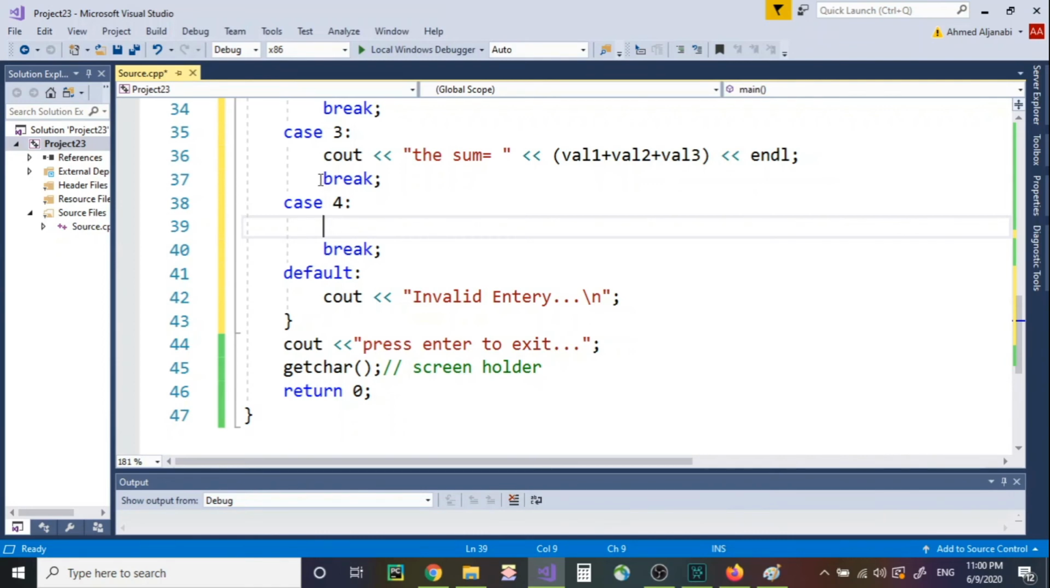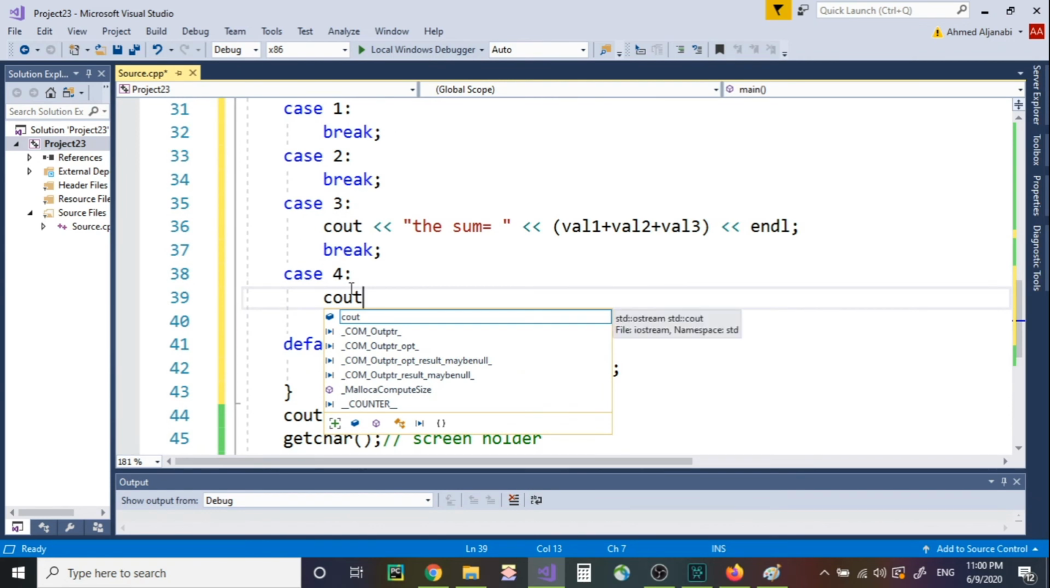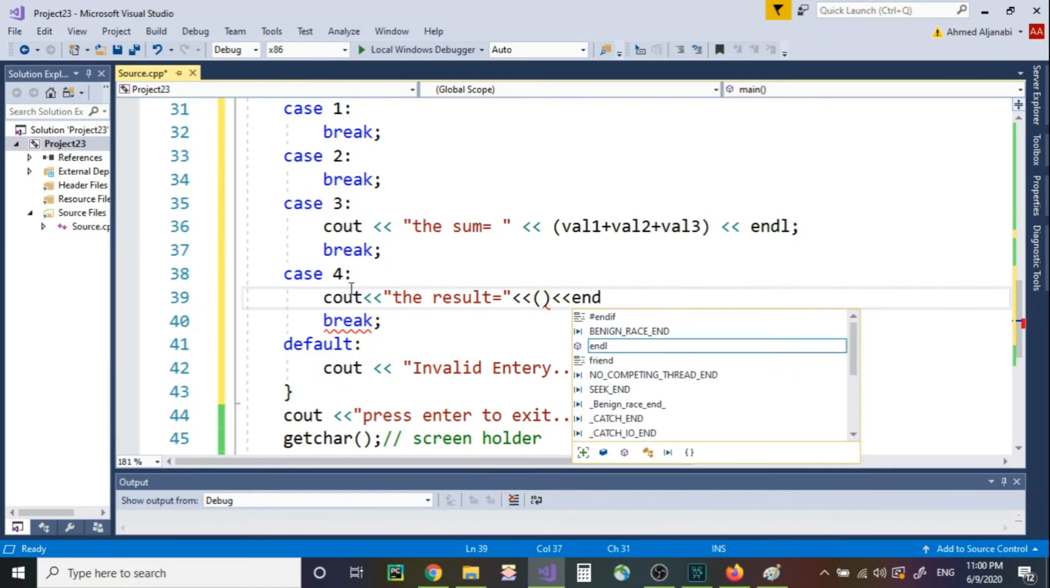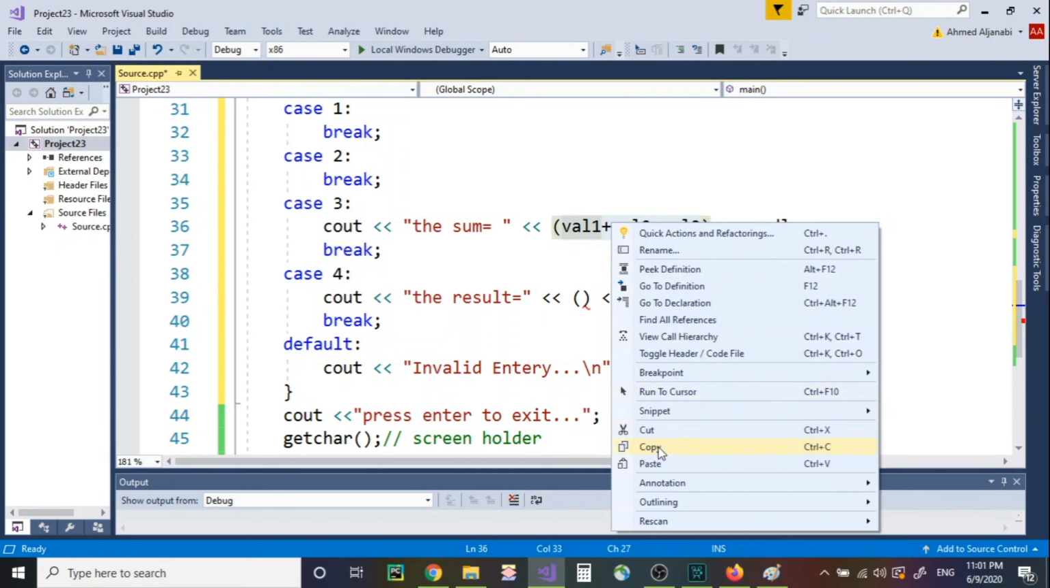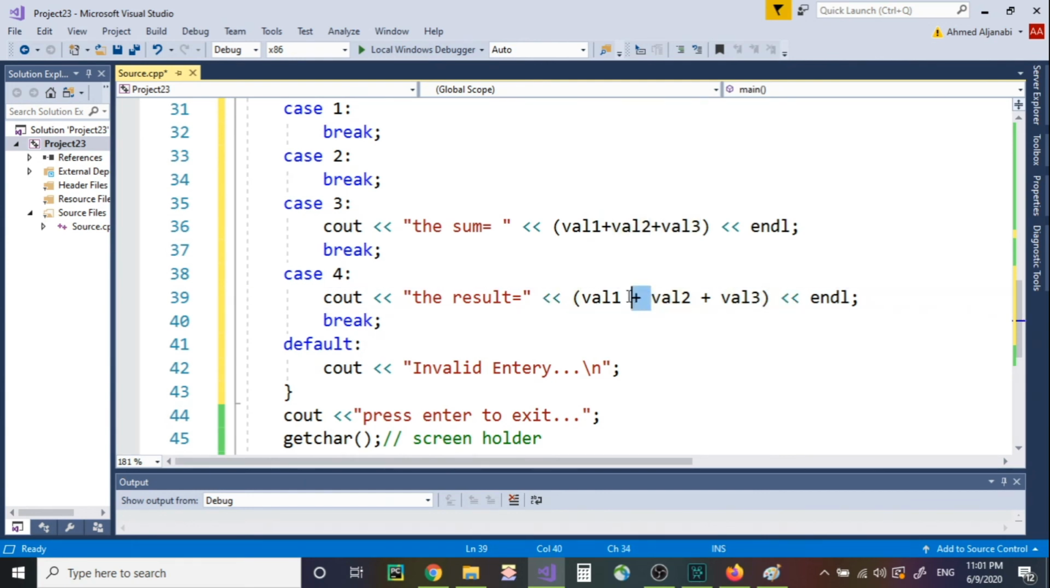Now in this area, I am just going to say the results, cout, the result equal, yes, let's say here, I'm going to come here and say this, and then end line. What am I supposed to do? Let me copy those and put them down. I'm just going to update them here. First of all, where's the paste? Here it is. I'm supposed to multiply those 2 values together